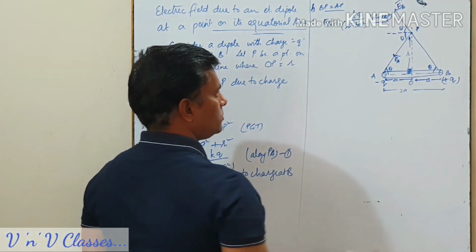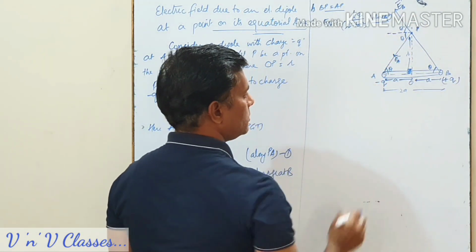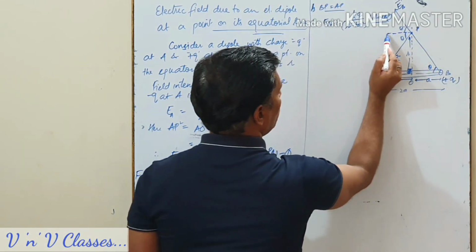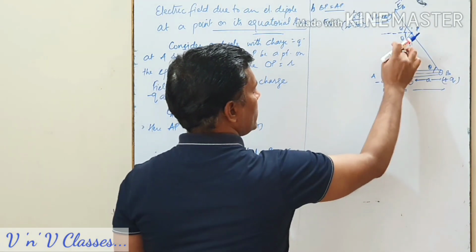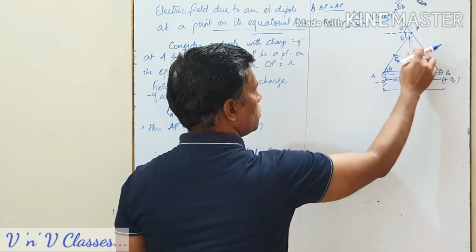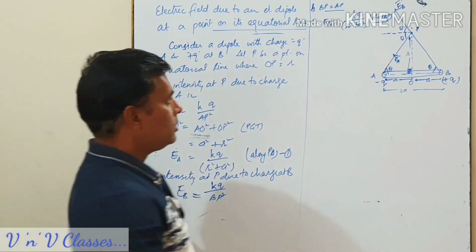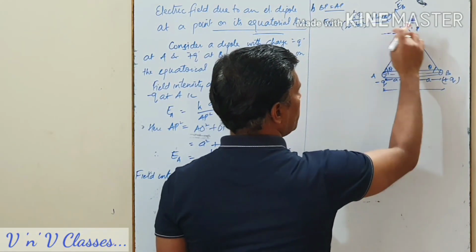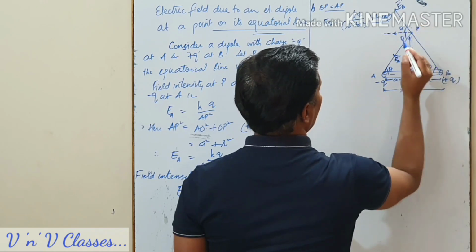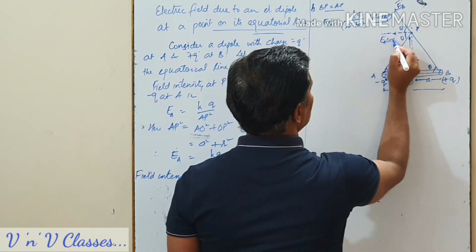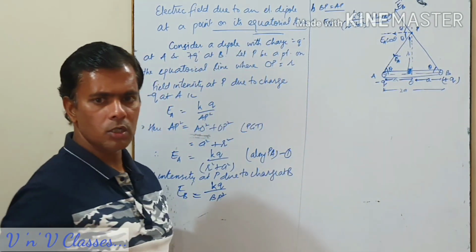We have got it. Now how does it help us? If this is vector E_A at an angle theta with this direction, we can resolve this vector into two components. Resolution is something we discussed in class 11. So if we resolve this vector into two components, this component comes out to be E_A cos theta. How is it cos?